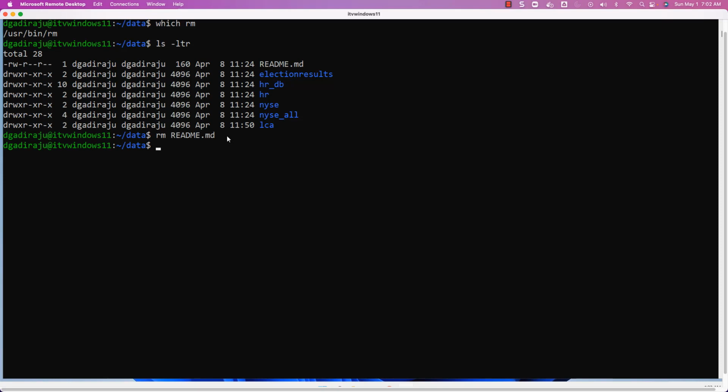Sometimes you might try to delete a file accidentally. To avoid that, we would like to get prompts whenever we try to delete files. For that purpose, we can use -i. It will prompt you to confirm whether you would like to really delete the file or not. Now let me actually go to